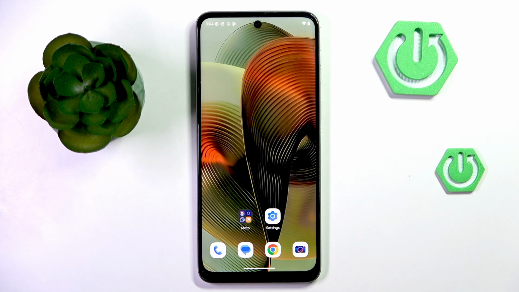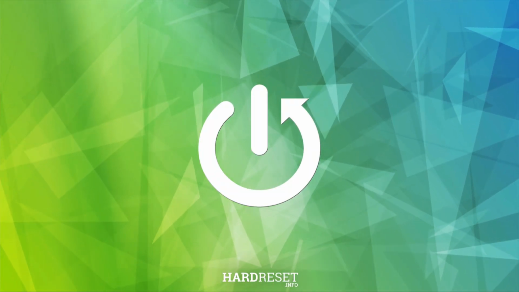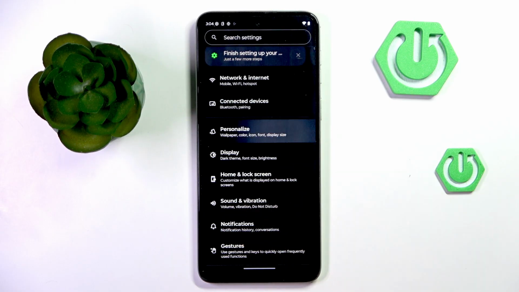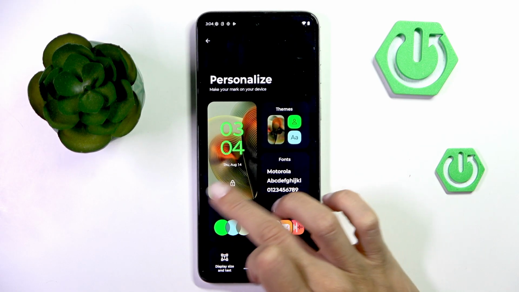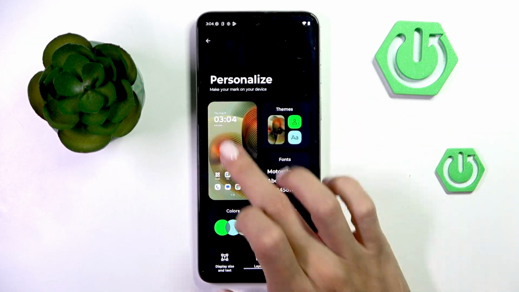Guys, in front of me is Motorola Moto G55, and let me show you how to change wallpaper on this device. So at first open the settings, then find and select Personalize. Here click on Wallpaper,